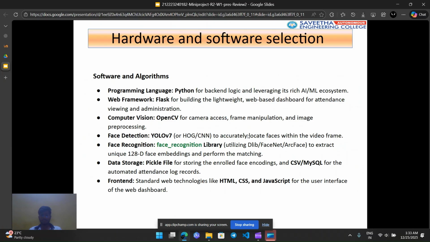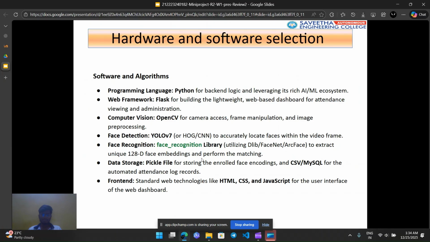For the web framework, we have used Flask to build lightweight web-based dashboards for student viewing and administration, and implemented computer vision using OpenCV, which is used to utilize the functionality of cameras and time frames of the images collected by the embedding system.